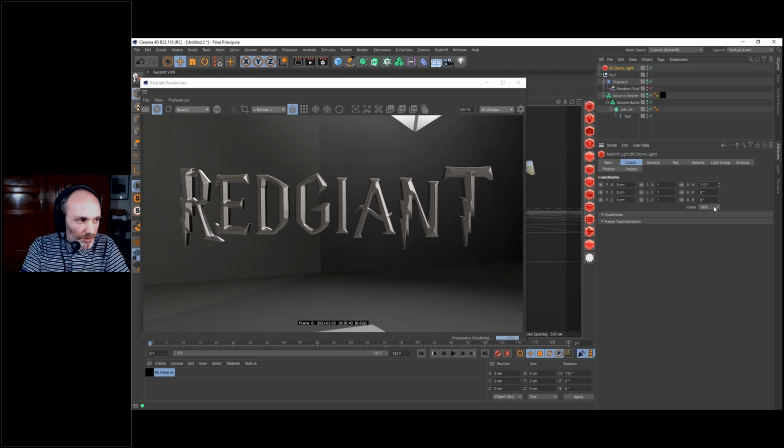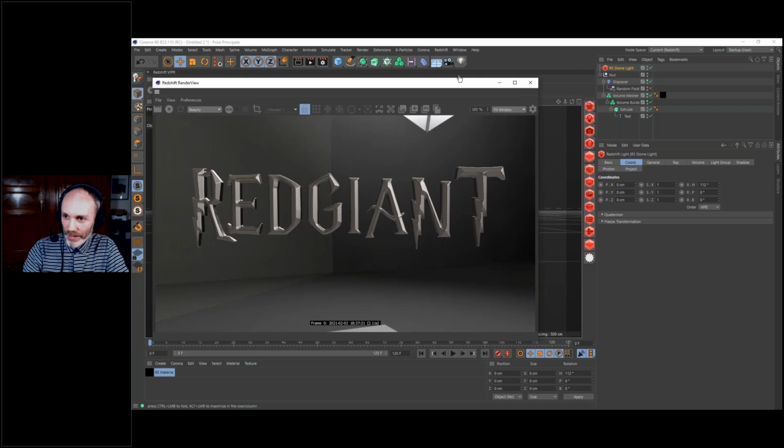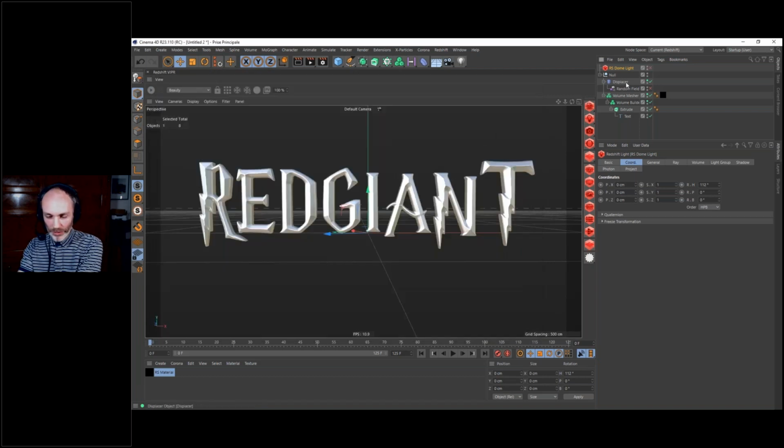And I'm almost going to replicate the same kind of lighting we had with the HDRI, but with real light. I'm going to create it using a Redshift light. Okay, so let's deactivate here. I'm going to hide it on the other screen, and I'm going to deactivate the dome light. And we're going to create our light. There are several ways to do it, but I like using almost the same way.